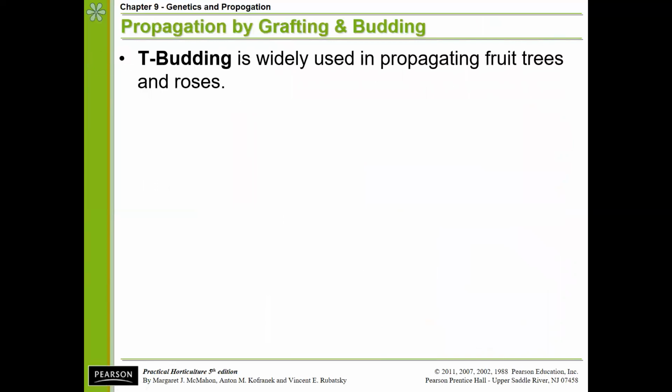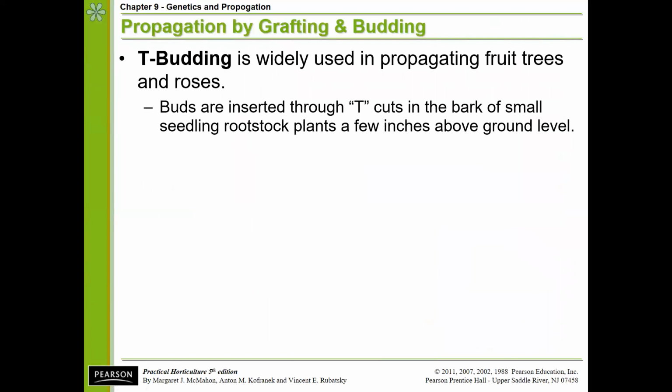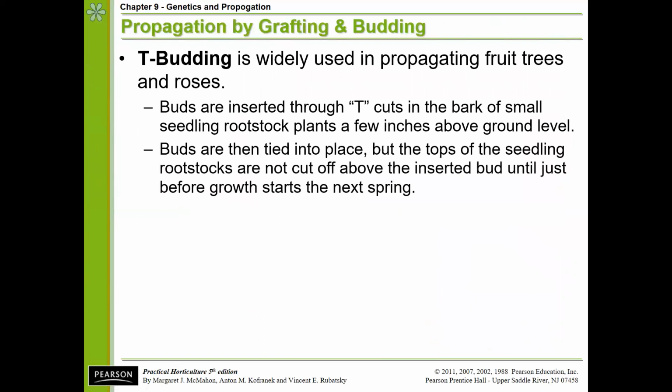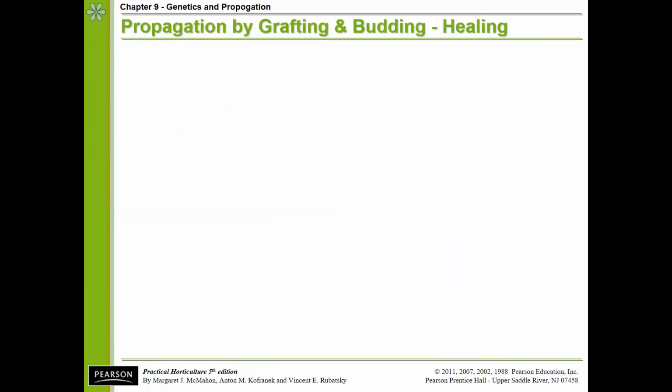We've got budding as well, and T-budding is the most widely used form of budding. It's basically when you just take a bud, or in some cases a piece of branch. We make this T-shaped incision into the bark of the rootstock, and then place the scion in as well, and then tie it or wax it, tape it, tie it, tape it, wax